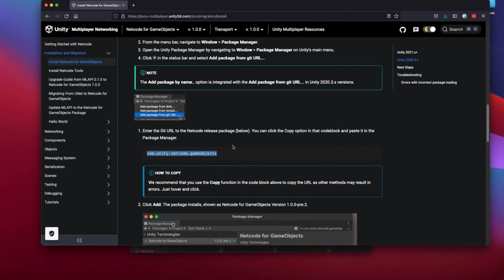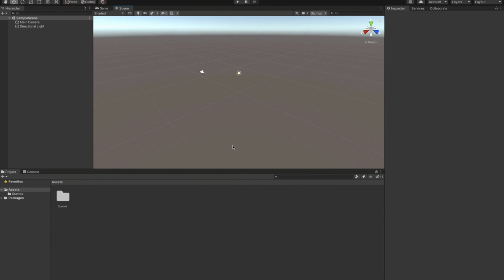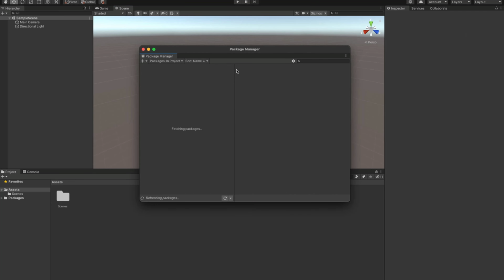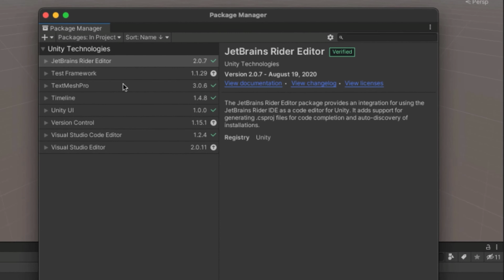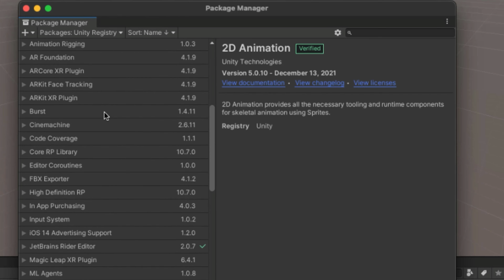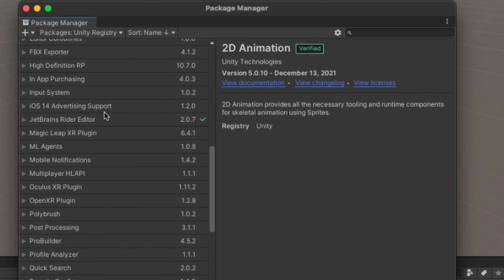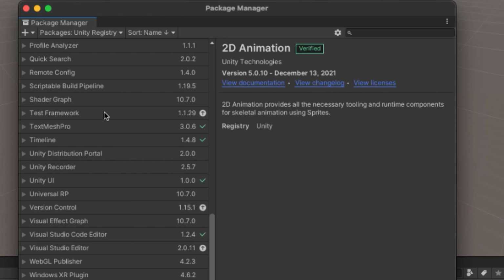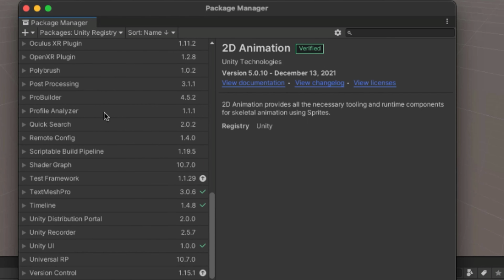So let's flip back over to our Unity project. Now that we're in our Unity project, we go up to the top, click Window, and go to Package Manager and let it load up. I just want to show you really quickly that the Unity networking is not currently automatically included in Unity as a package. If you click in here on In Project and click Unity Registry, and scroll down this list, you'll notice that the Unity netcode package, the multiplayer networking package, is not actually included in this list. That's why we're going to have to use the URL to include it.